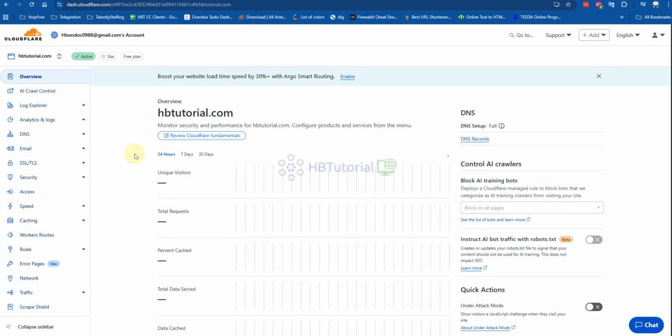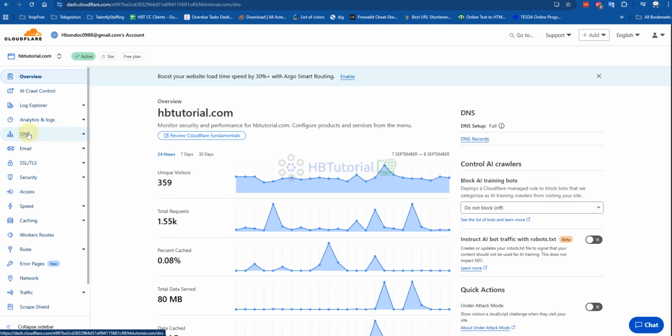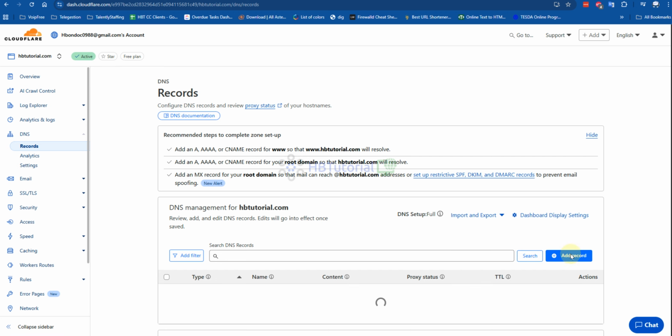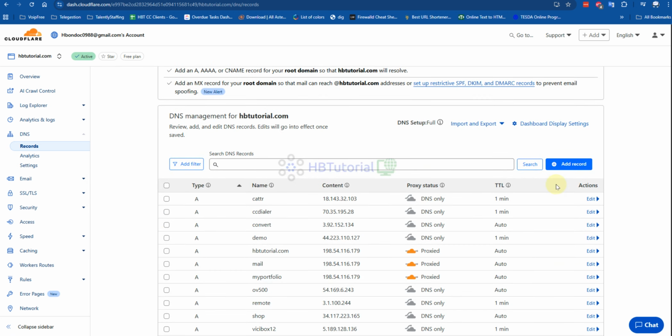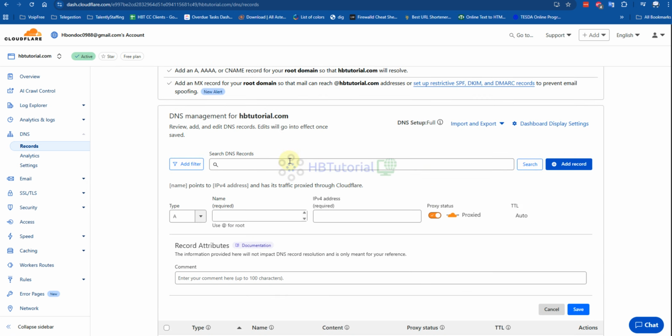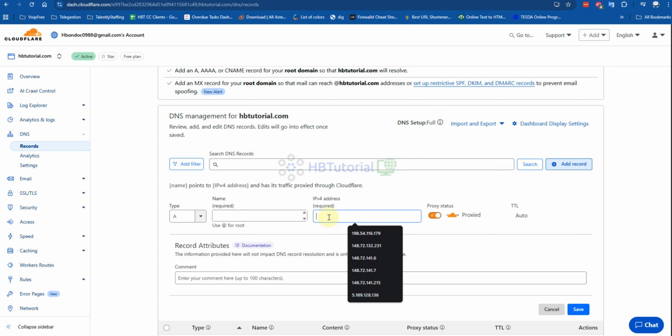And then DNS, and then you need to add, then paste your IP.